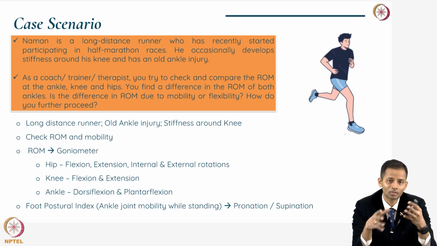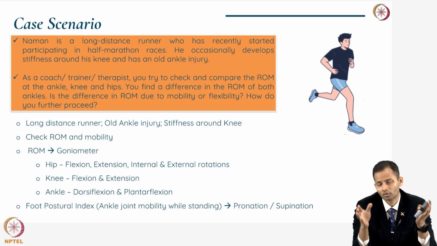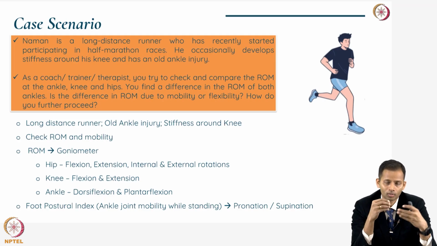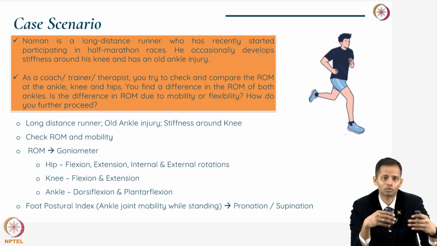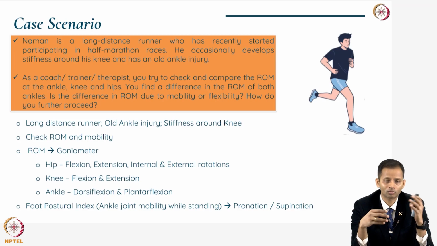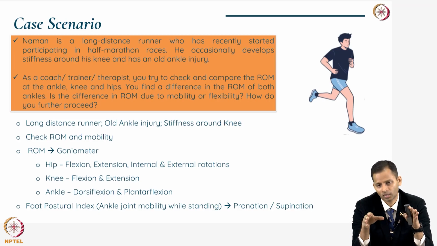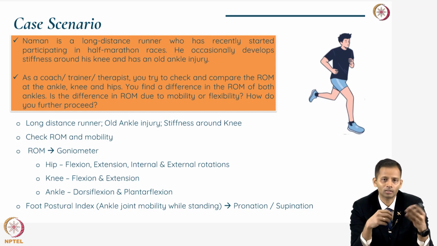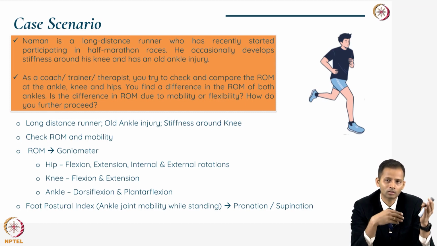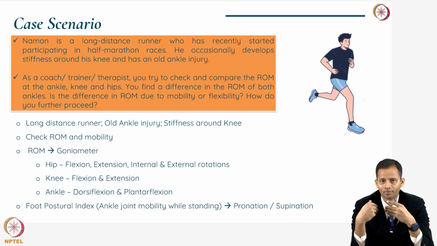how much mobility is available within the foot complex, because the foot complex has about 14 bones, and they all work in tandem if you want proper force propulsion to run. So that's again important. That can be easily measured using the foot posture index. That again is a rating using 5 different assessment measures, and then you can give a rating. Positive ratings and negative ratings are given.